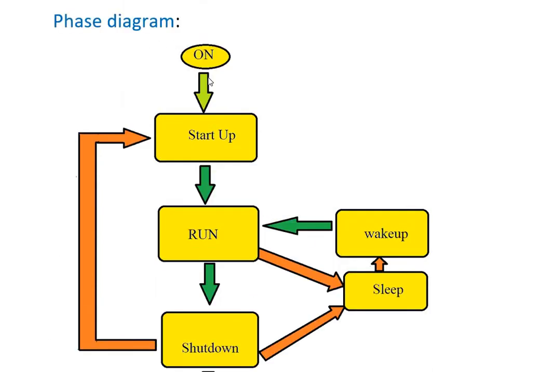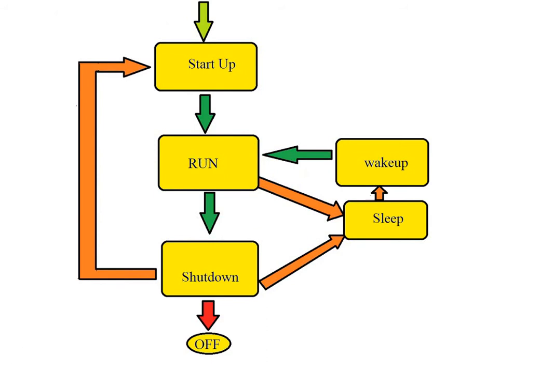Once power supply is available, the ECU State Manager starts the startup phase. In this phase, it will start the pre-OS initialization and post-OS initialization, and it is responsible for initializing the base software modules like Schedule Manager and Base Software Mode Manager. Once OS is started and initialization is done, it can move from the startup phase to the run phase. In this run state, it indicates that the application layer, BSW and RTE are initialized